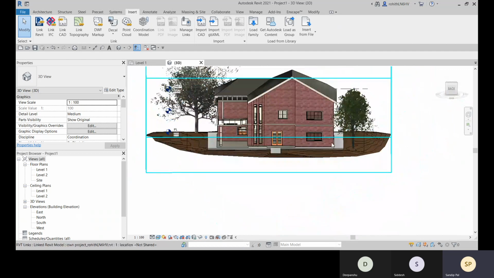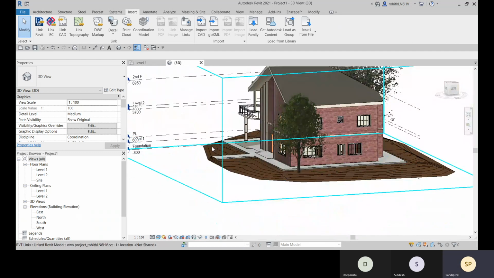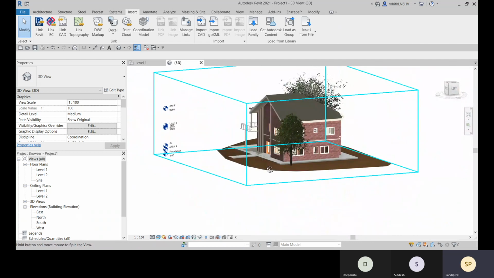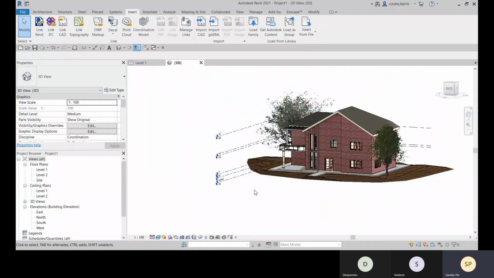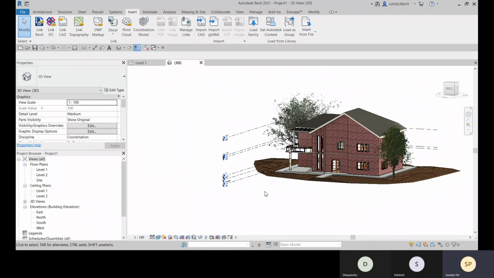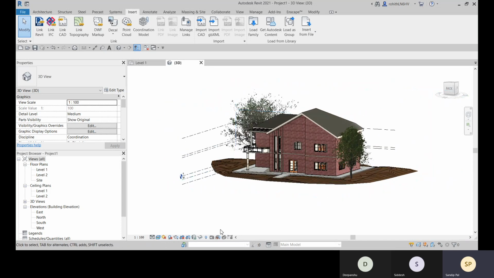Or else if you want to copy all these levels, okay. So from this project, if you want to copy anything, you can link this as Revit for coordinating also. If you have some part of your project, you can take that for coordination also, or you can take it as reference for copying.